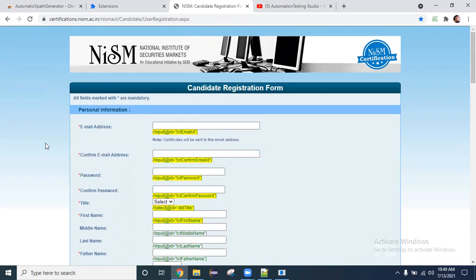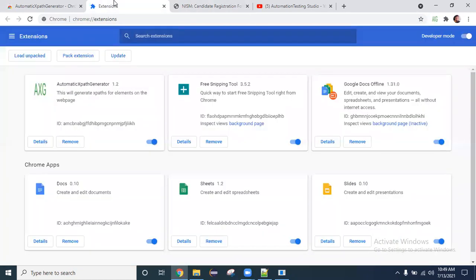And if you keep updating your Chrome extension, whatever new update I release will be there in that Chrome store. So to update an extension, just go to your extensions, chrome://extensions, and here click on update. If you update that, the version will get updated and you'll get the latest features.